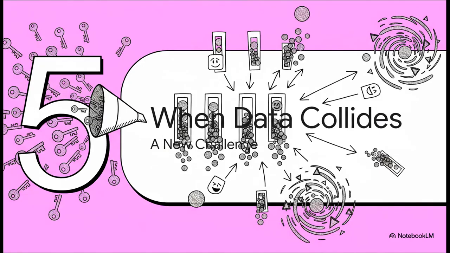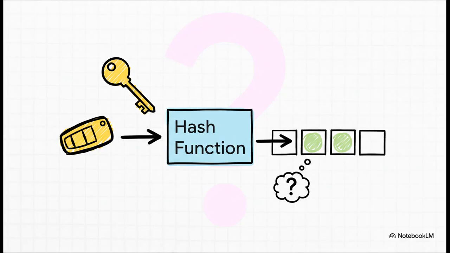But, as with any great shortcut, there's always a new challenge that pops up. We're trying to squeeze a billion possible keys into, say, 1,000 slots. So what happens when our magic sorter gets a little overzealous? This is the one essential problem that hashing creates. The whole point of the hash function is to take any key and give us a slot number. But what if it takes two totally different keys and gives us the exact same